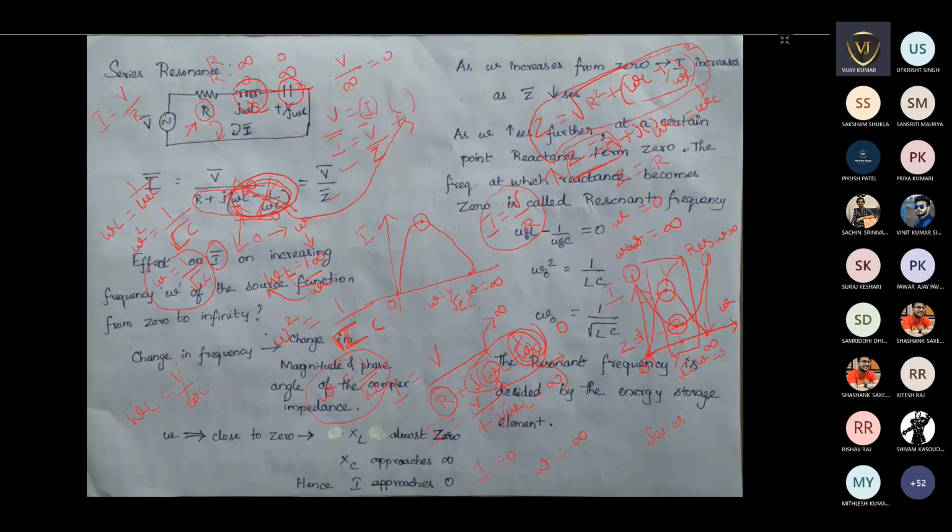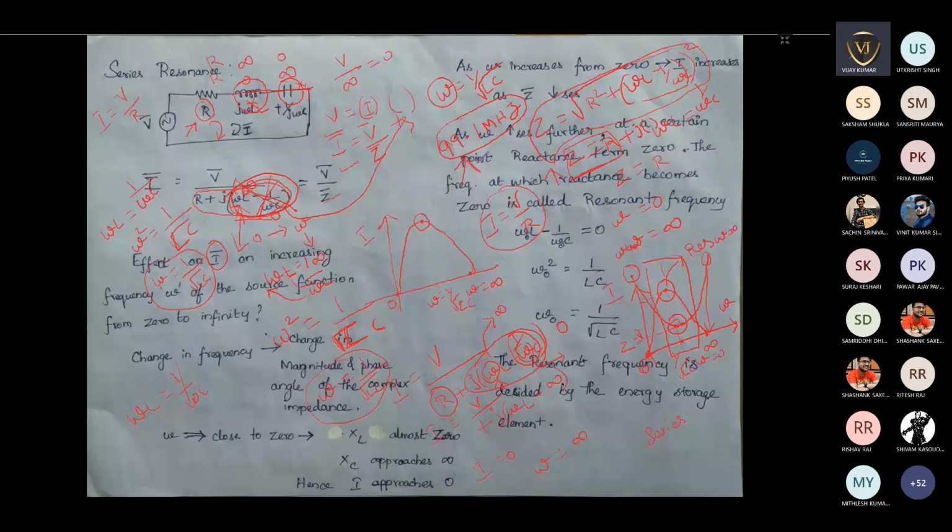Why we are talking about this is, if you are designing some system and fixing omega equal to 1 by root LC, you are deciding some frequency based on this. If you keep this frequency as 99.1 megahertz and choose some channel based on this, then at this frequency you will get the signals which are available only for that particular bandwidth or particular frequency.